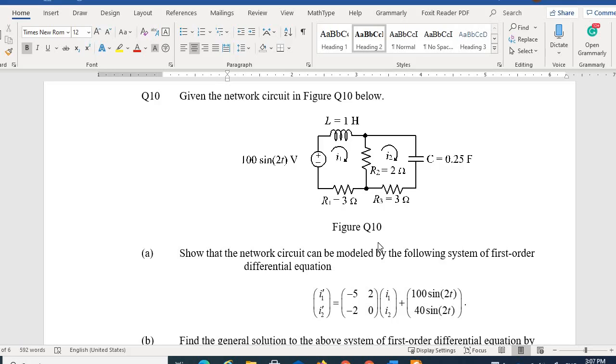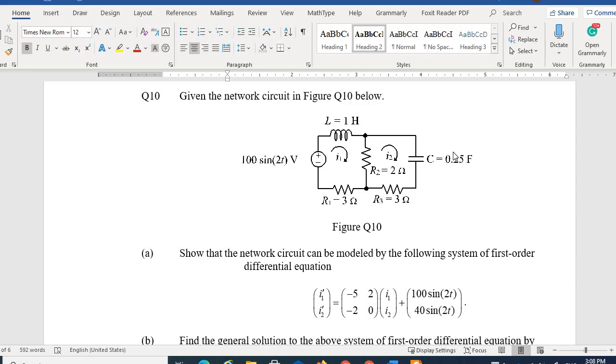Okay, question 10 is similar to the non-homogeneous system video on YouTube that you watched just now. You have a network circuit where the left side